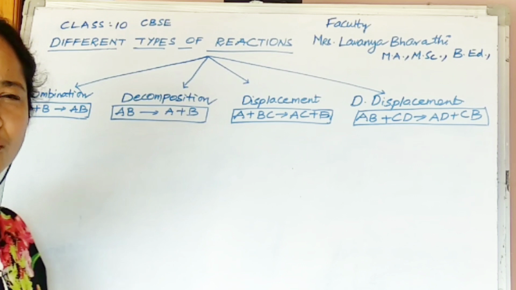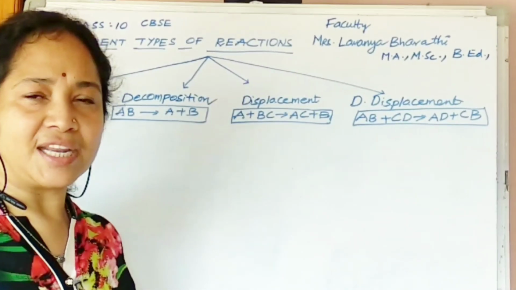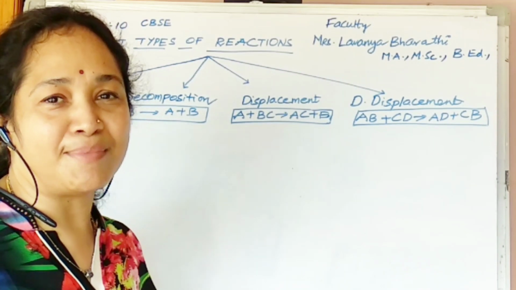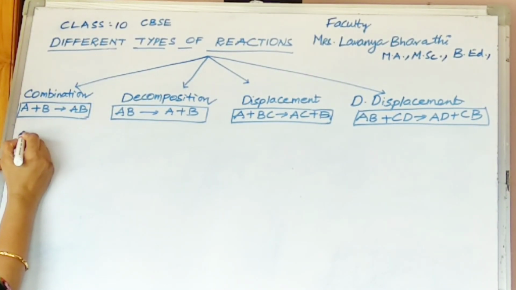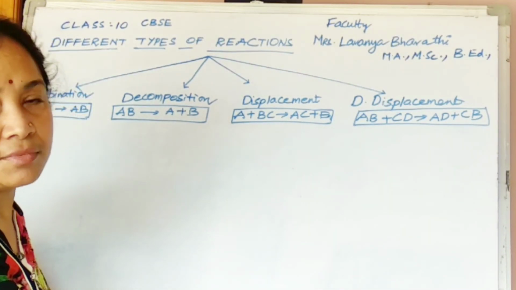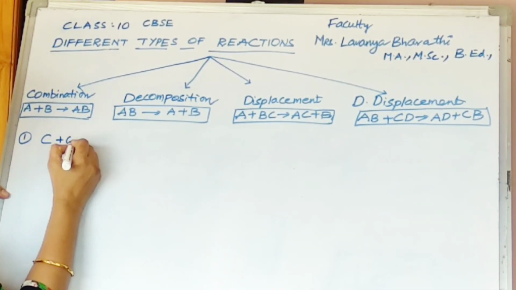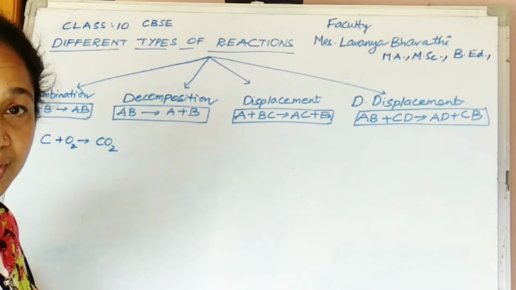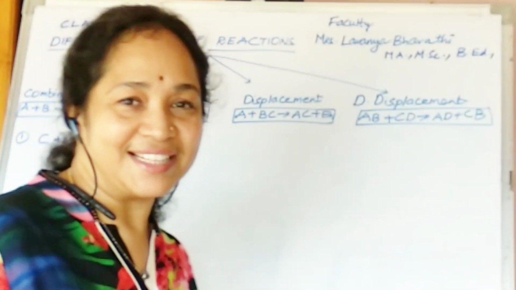So how do we write it? No need to write the whole thing, carbon plus oxygen. Simply we can write any type of reaction in the form of a shorthand representation, namely a chemical equation. So here I am giving you two examples. Combination: I said carbon, when it is burnt, reacts with oxygen to form carbon dioxide. Carbon plus oxygen gives rise to carbon dioxide, CO2. But remember, you have to check whether the reaction is balanced or not.